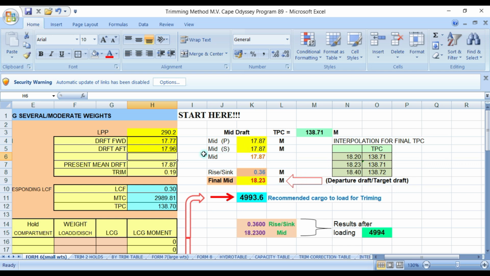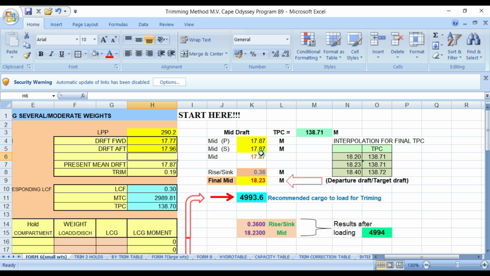Okay, now since this is your actual mid draft or visual reading, and take note that the mean draft is 17.87, so that is the present mean draft, and this one is the actual mid draft.